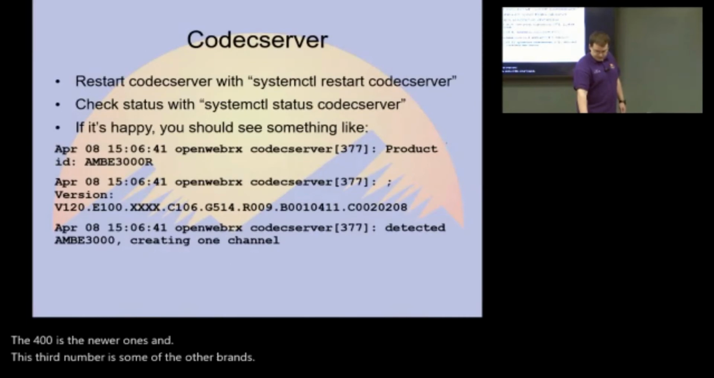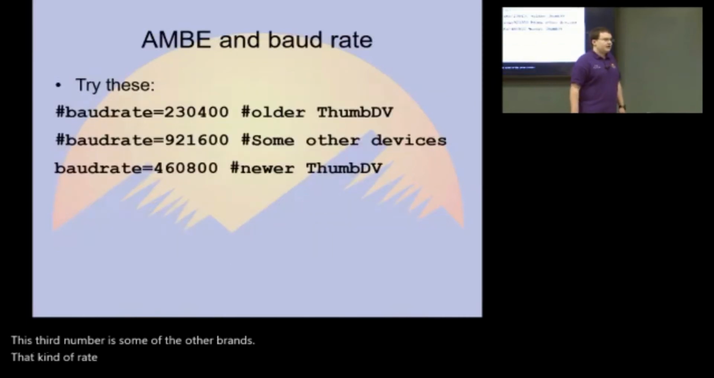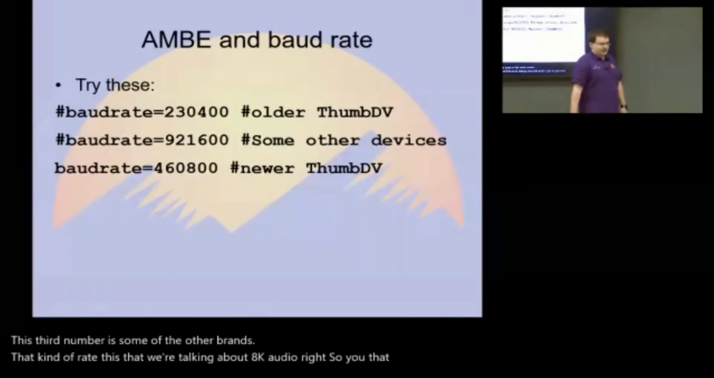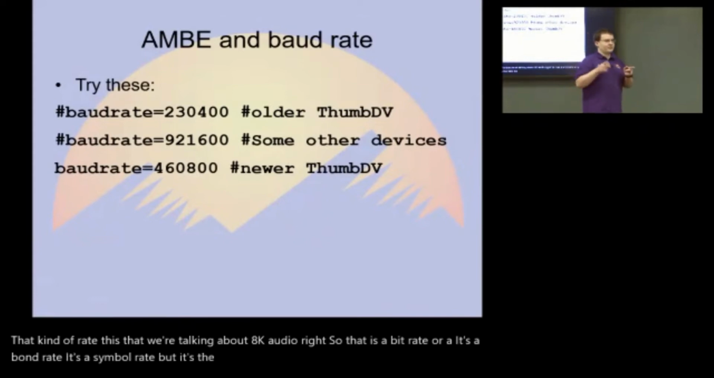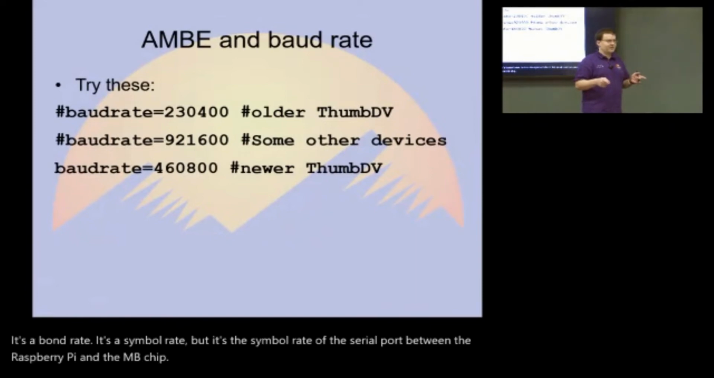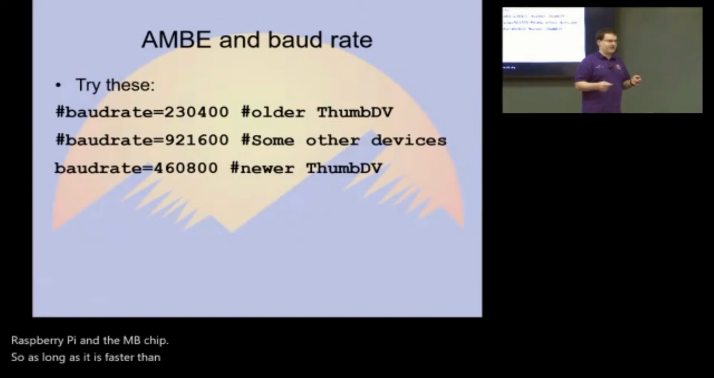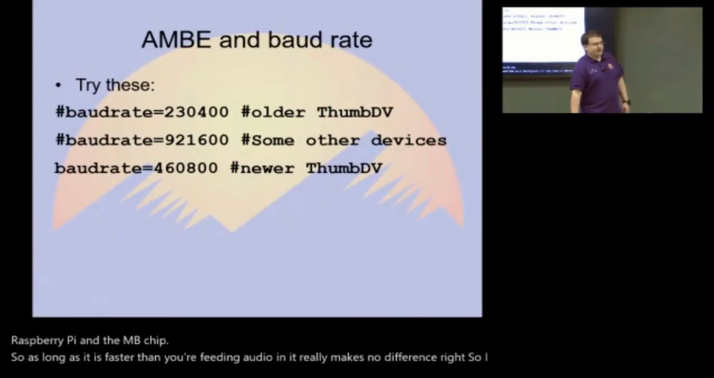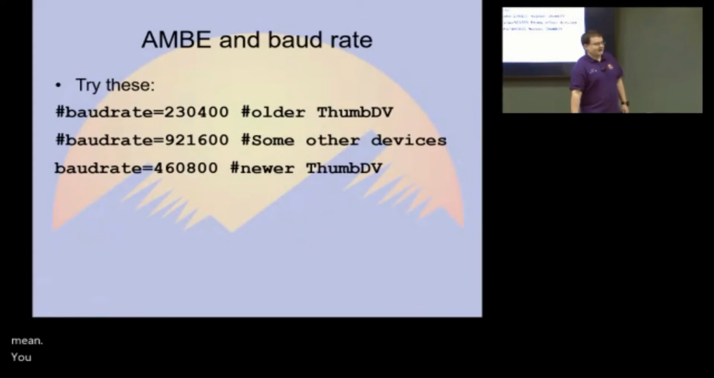So what kind of rate does that give you? I mean, we're talking about 8K audio. So that is a bit rate? It's a baud rate, it's a symbol rate, but it's the symbol rate of the serial port between the Raspberry Pi and the AMBE chip. So as long as it is faster than you're feeding audio in, it really makes no difference. Right. So, I mean, there's really the only gain that you would have running it at